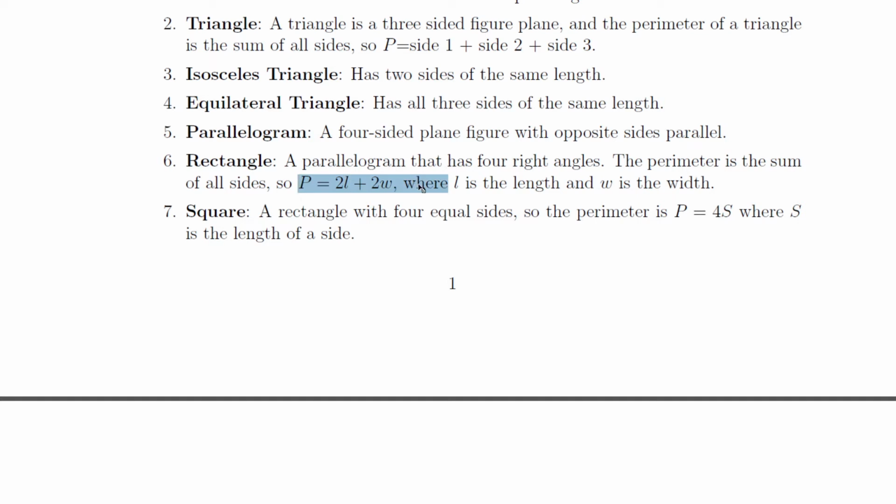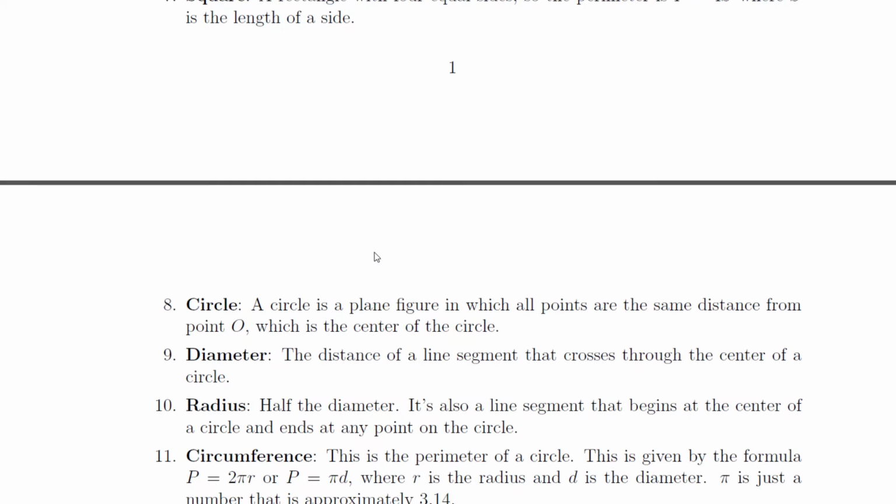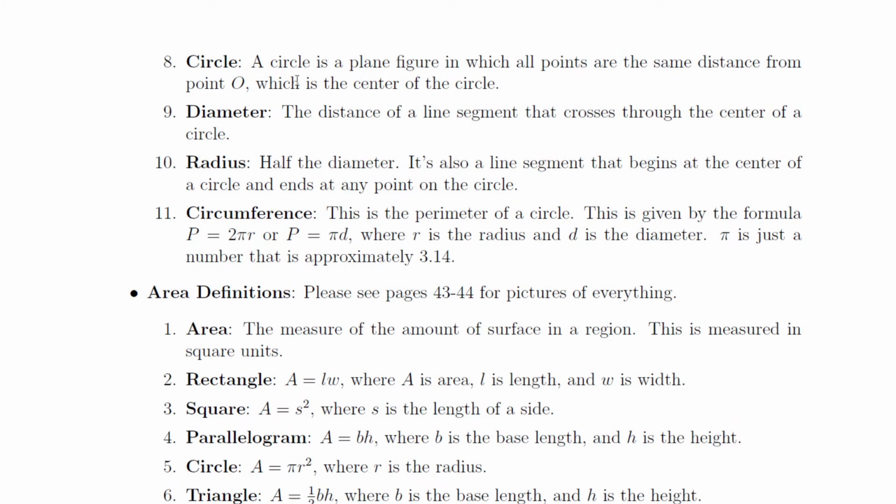For a rectangle, the perimeter is just 2 times the length plus 2 times the width, or the length plus the length plus the width plus the width. A square, it's just all sides added up to each other, so that's 4 times the side. Circles are unique because they have a circumference,